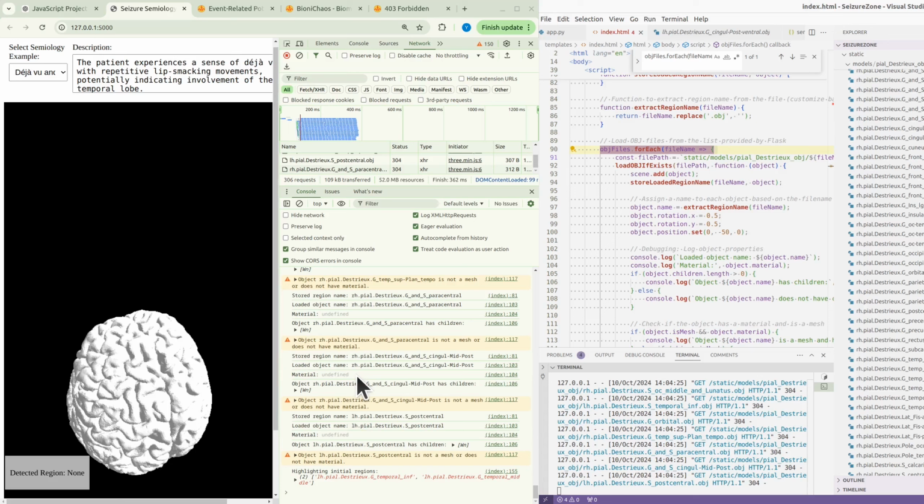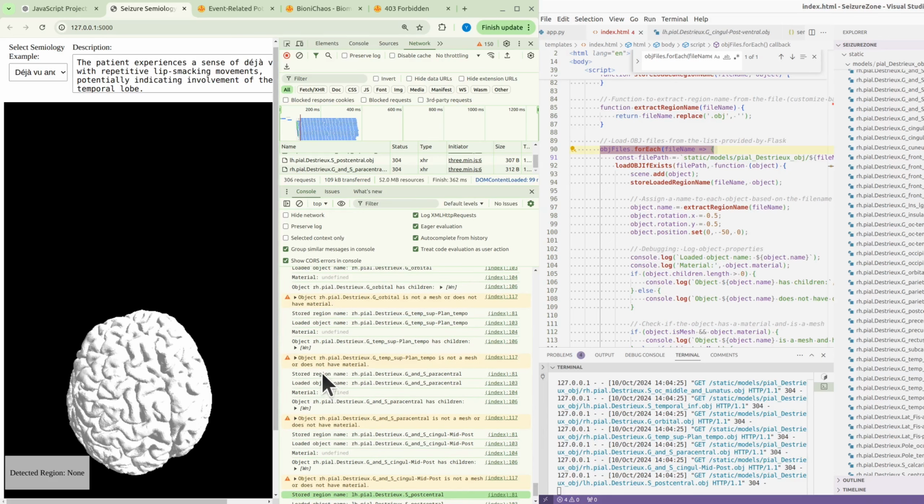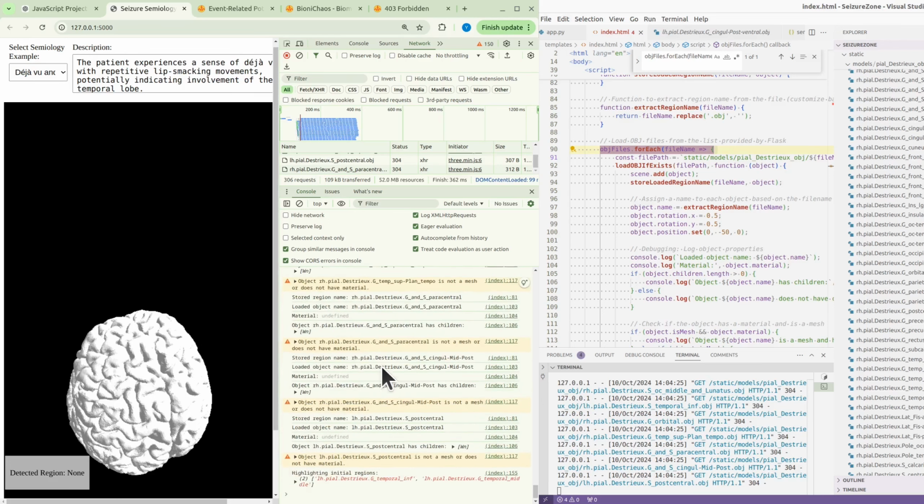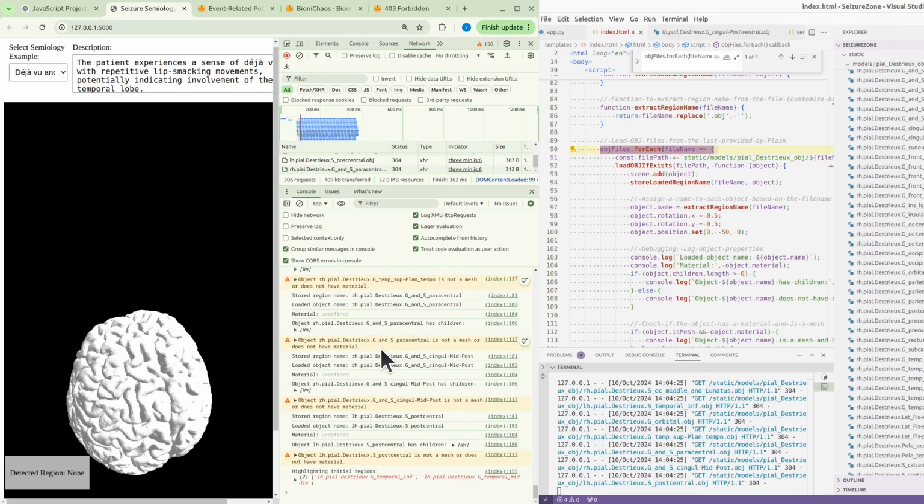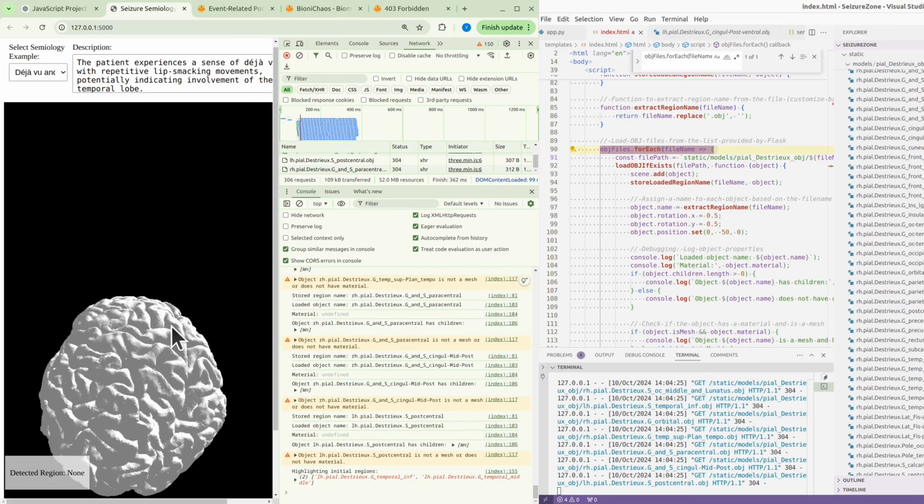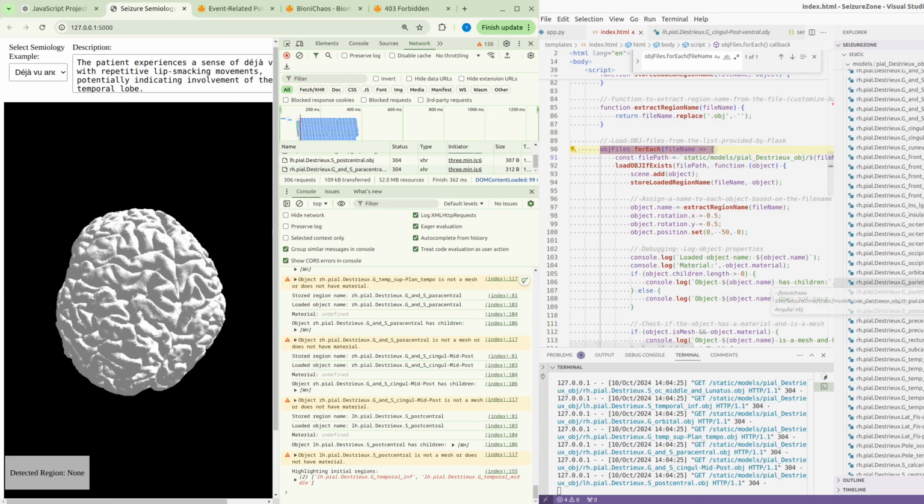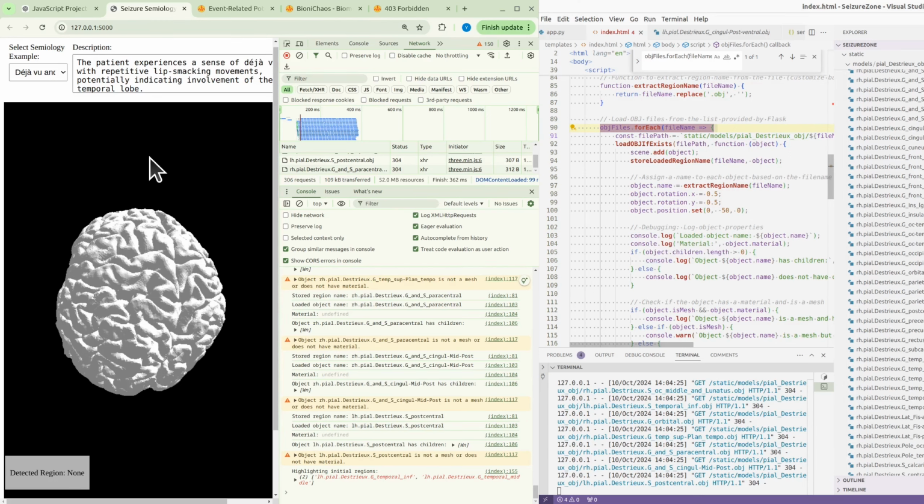Okay, so there's no material. It's a material undefined. Material undefined. The object is not a mesh. Not a mesh. So how do I color it? If it's not a mesh,